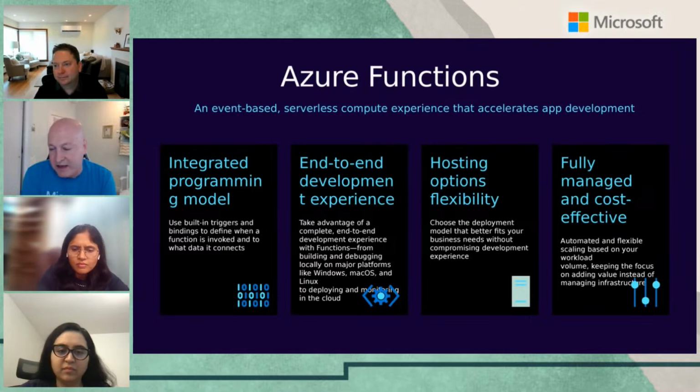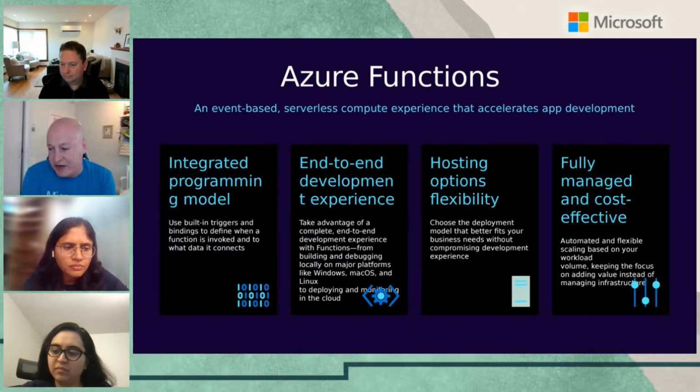And you can see in a lot of the work we do that we've optimized that inner loop experience, and then we've optimized that outer loop deployment experience and monitoring as well. So that's one of the benefits you get by adopting our programming model and adopting our host. And because all of our stuff is open source, it allows you to have that full rich experience locally, and it's guaranteed to run the same way you run it when you deploy it into different environments.